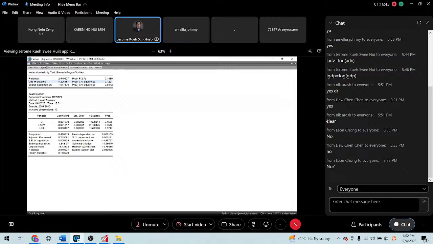Then we look at the probability value, which is 0.1221. Is this greater than 0.05? Definitely yes. So we do not reject the null hypothesis, because 0.1221 is greater than 0.05. We conclude that we agree with the null hypothesis that the variances are all constant, which means the variances are homoscedastic.